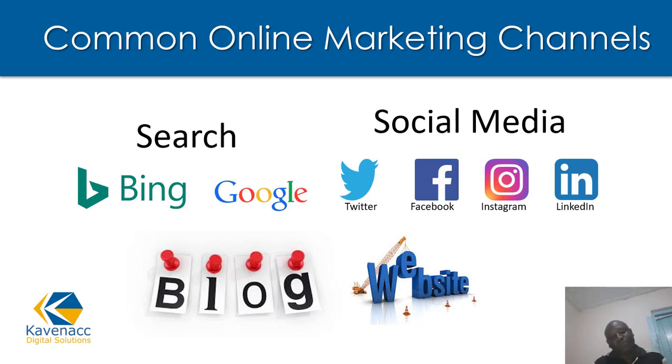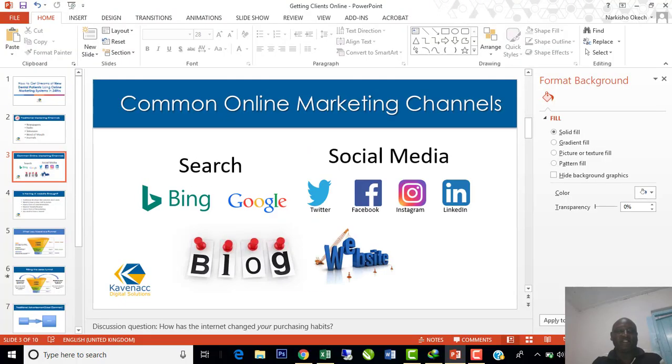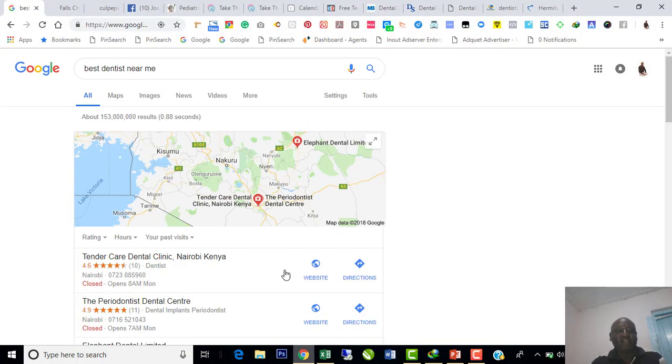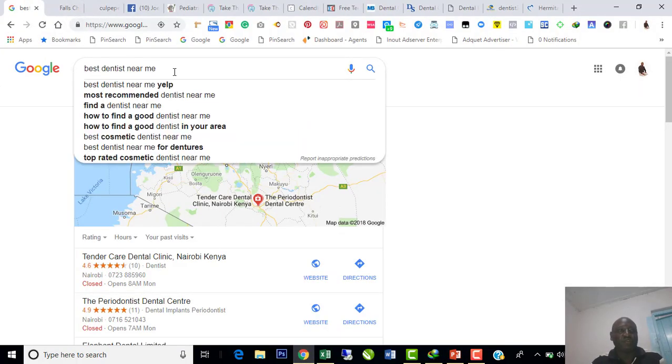What makes it easy to get new clients as fast as possible? Many times, when clients are searching for services, let's say they are searching for a dentist nearby. Somebody may have had a toothache in a new place that they don't always stay at, and they are searching for a new dentist. The first thing that somebody would do is go and search in Google, for example, best dentist near me,